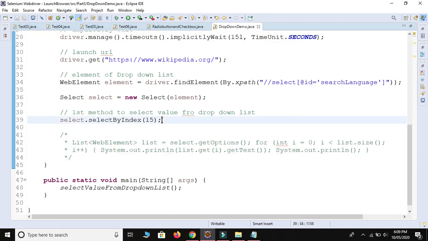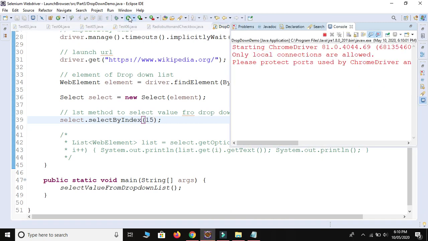So it will select the element which comes at index number 15. So let's see which element comes at index number 15. Okay, Chrome has started execution.